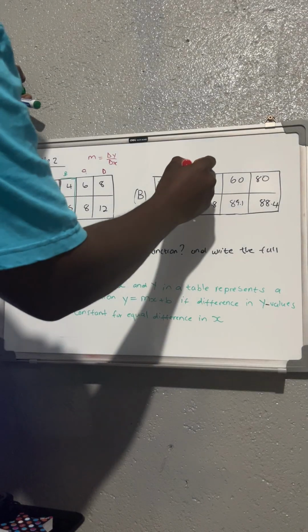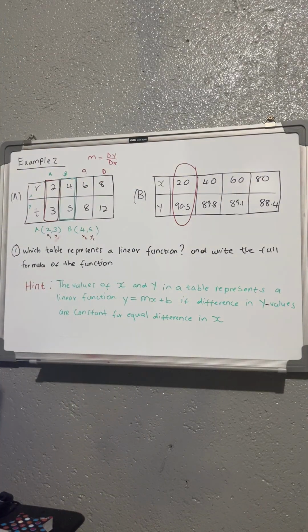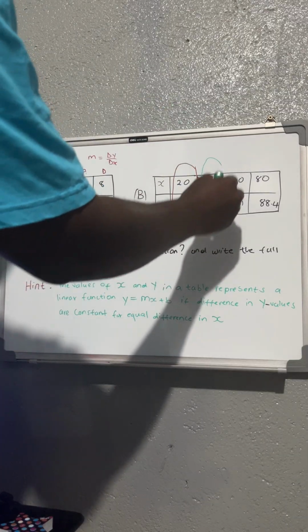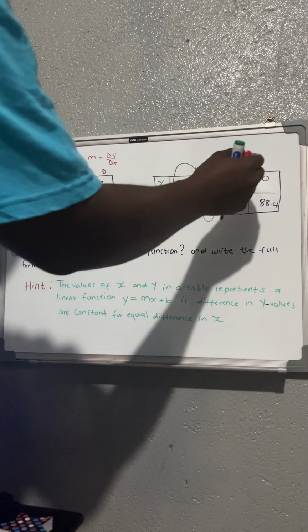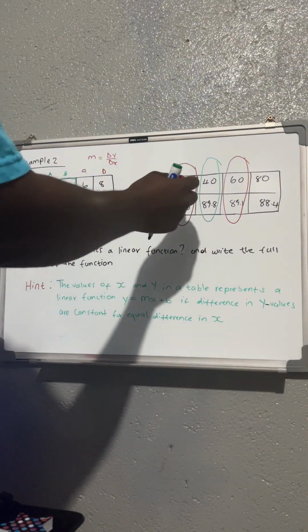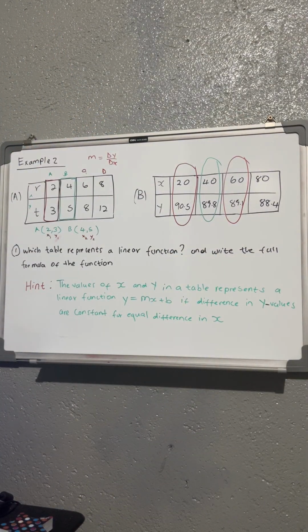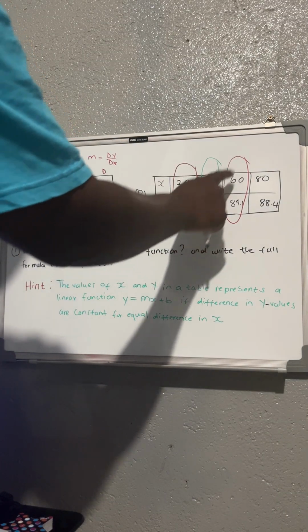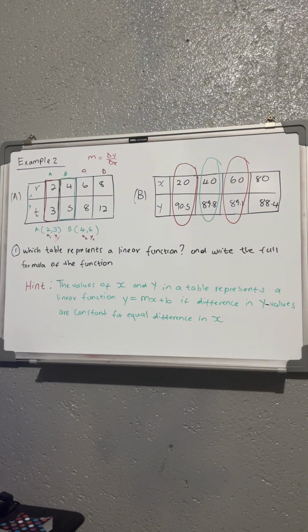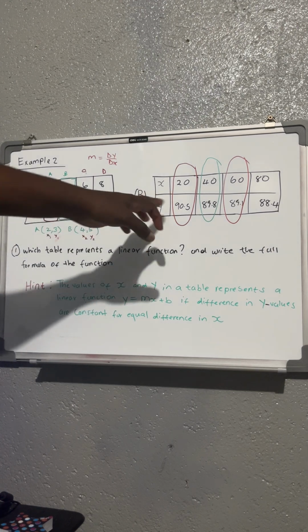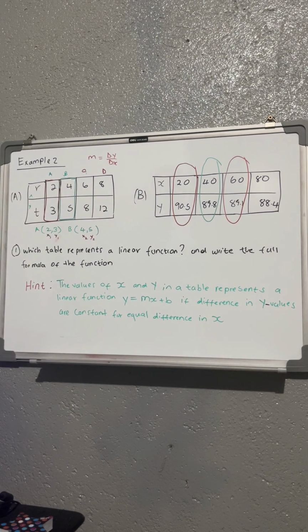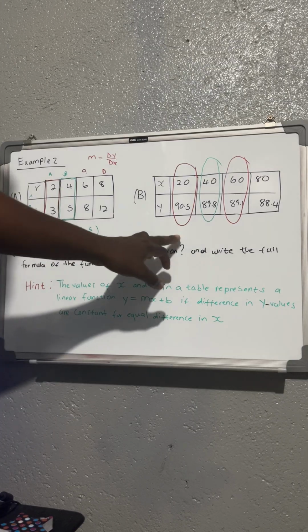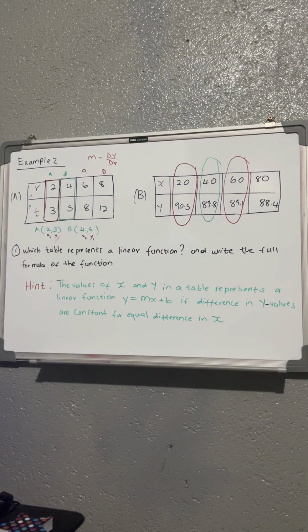So you will do the same with this one. You can group this one together, and also you can group this one together. Then you can also group this one together. I'm not saying that you can't also do them with the red. I'm just saying you use this as point A, you will use point A and B, then you can use point B and C, or C and D. That's the main issue that I want to highlight. Then you will tell me between these two which one represents a linear function and which one doesn't, or if they both represent a linear function. So yeah,